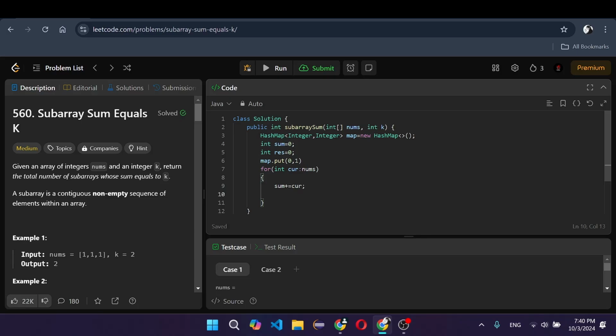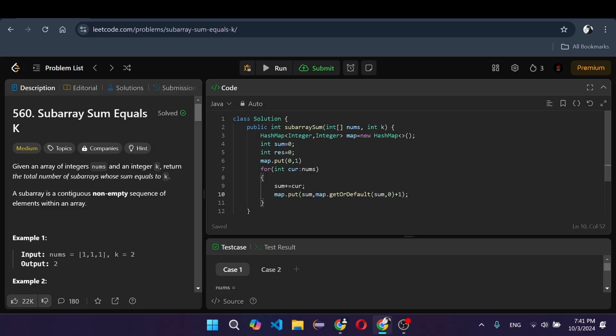Okay, now yeah, just added. Now I just have to put this value: map.put of sum comma map.getOrDefault of sum comma 0, plus 1,